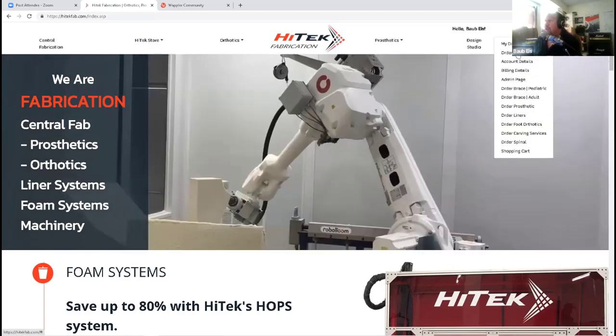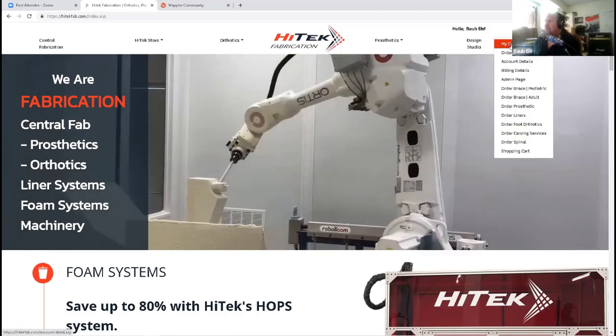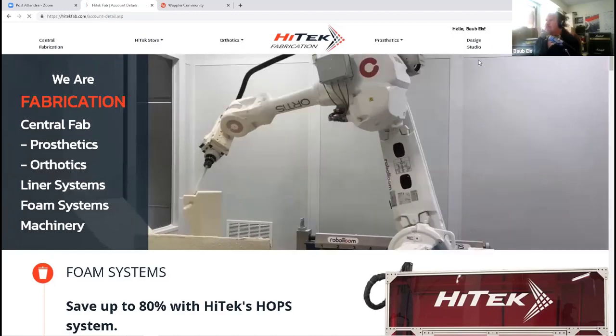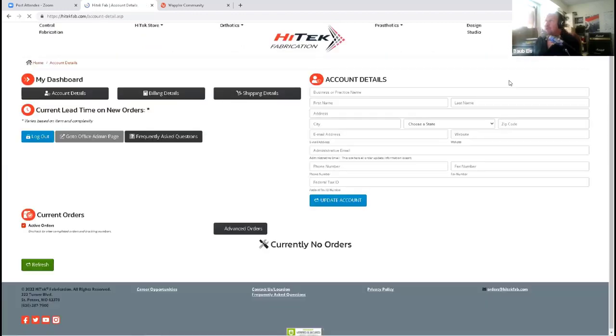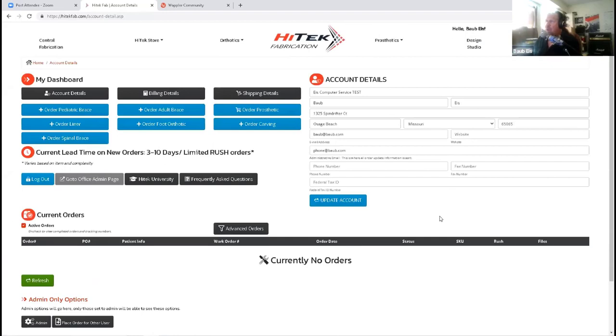So let's see. I don't know if I should log in here first or what. So basically we've got a dashboard that the clients use, and they can order a brace, prosthetics, liners, foot orthotics, carving, or spinal braces.